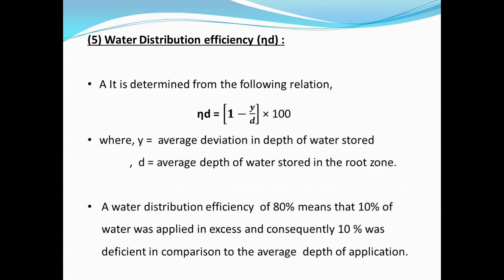Our next efficiency is water distribution efficiency, denoted by eta D. It is determined from the following relation: eta D is equal to (1 minus y divided by D) multiplied by 100, where y is the average deviation in the depth of water stored, and small d is the average depth of water stored in the root zone. So a water distribution efficiency of 80% means that 10% of water was applied in excess, and consequently